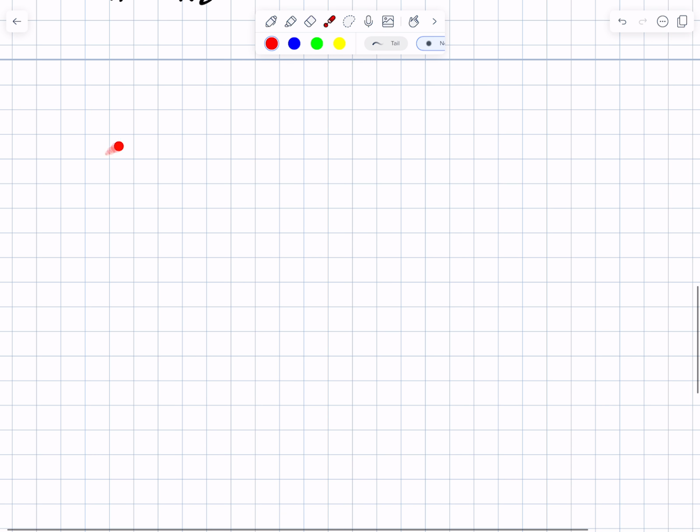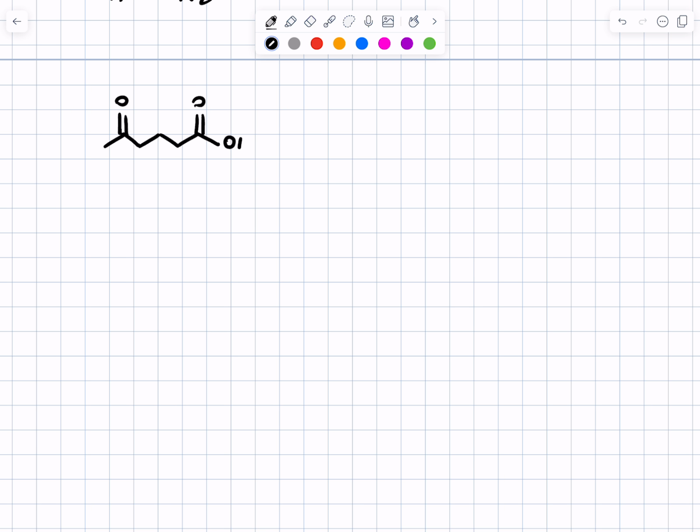So I think this example is straight out of your text. And maybe this is where the question about the ester comes from. If I had this ketone plus ester molecule, and suppose I wanted to do a reaction with the ester, but I wanted to leave the ketone intact, or at least do something different to the ester than I want to do to the ketone. If I used just an organolithium reagent followed by aqueous workup, what would be problematic is